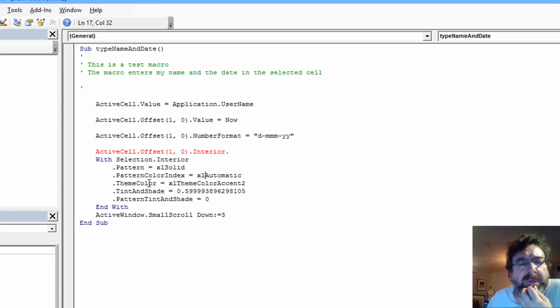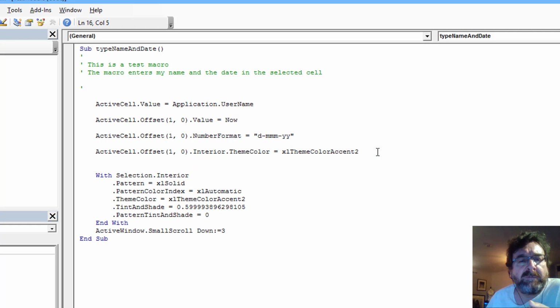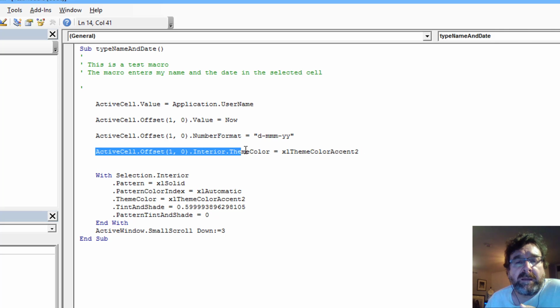I want to go here and copy something, and I need 2 pieces. This theme colour here just tells the cell that it needs to be pink. So I'll put it up there. Got 2 dots. Let's put 1 there. Actually, if I just click out, it'll show, because it didn't go red and give me that error message. I can see that row has compiled okay, and I want to make another one to say although you're going to be pink, I want you to be light pink. So let's copy that again,